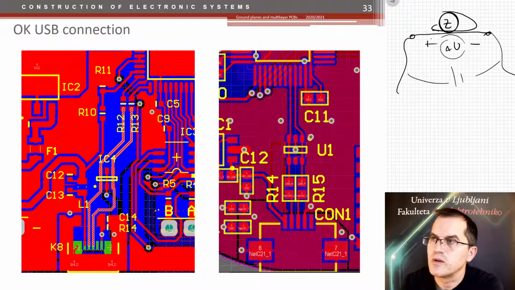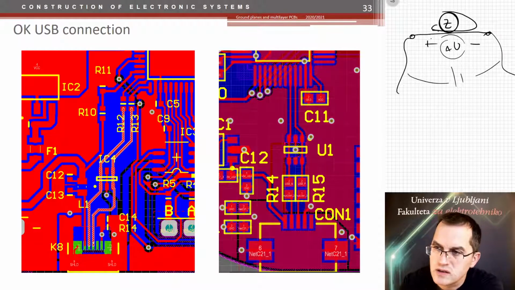Another form of the USB connection, much better. The signal is forming a small loop differentially, but also on the bottom it has a quite continuous ground plane instead, except here. But let me show you how the current flows. It flows here, there is a problem here, a problem there, but not that bad, because the return current comes